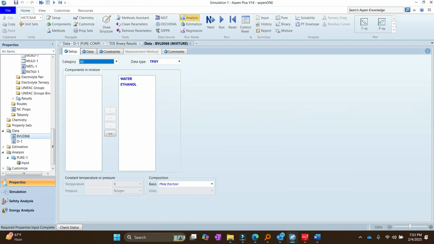And now the data is gone in the folder data in the navigation pane, and the name is by default given as BVLE 068. And if you are on the data tab, the